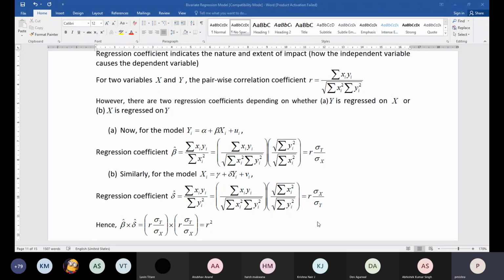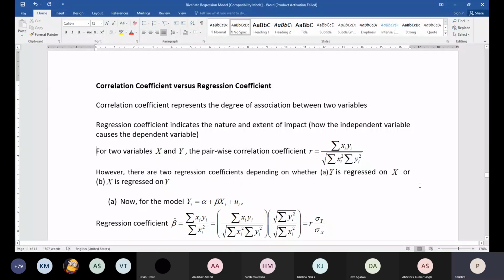So to start with, we'll basically discuss the two concepts, correlation coefficient versus regression coefficient. I mean, to what extent they are related and where they can be different. As we talked about these two concepts